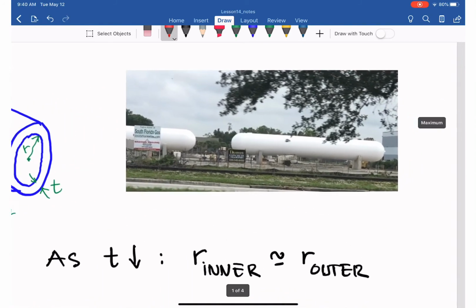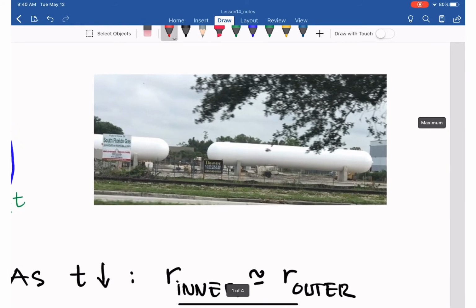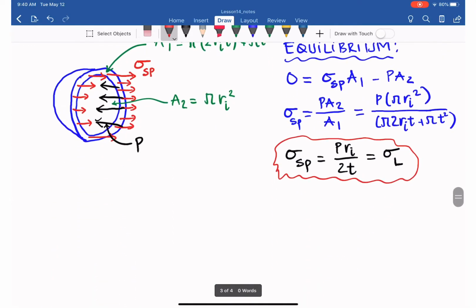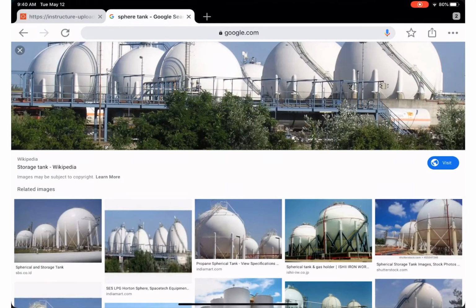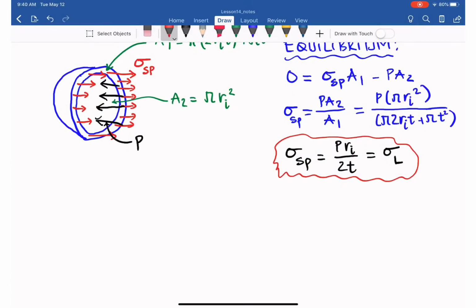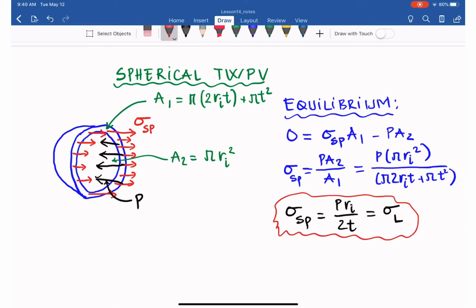You may consider that the cylindrical tank is much easier to fabricate compared to the one I just showed you with the sphere shape. As you can see, the sphere is more difficult to fabricate and manufacture. For that reason, both still exist